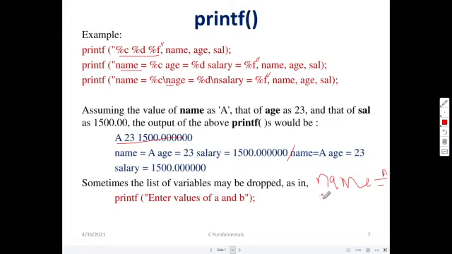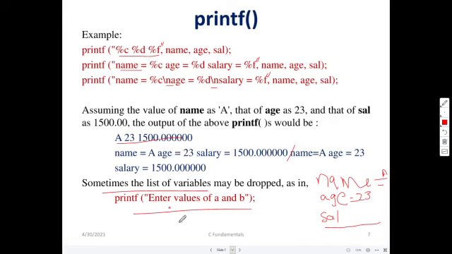It will come to the next line and print age equal to 23. This backslash n is nothing but a new line character. In the next line it will print salary equal to 1500.000000. All this will come in the next lines. Right? Variables can be dropped.